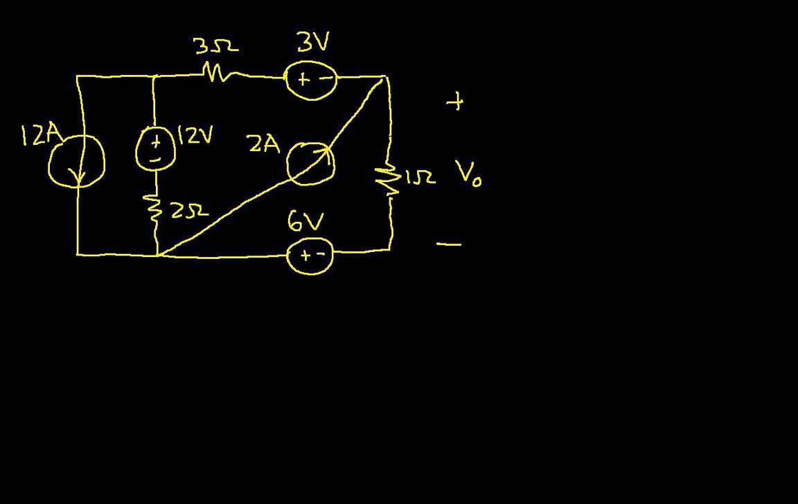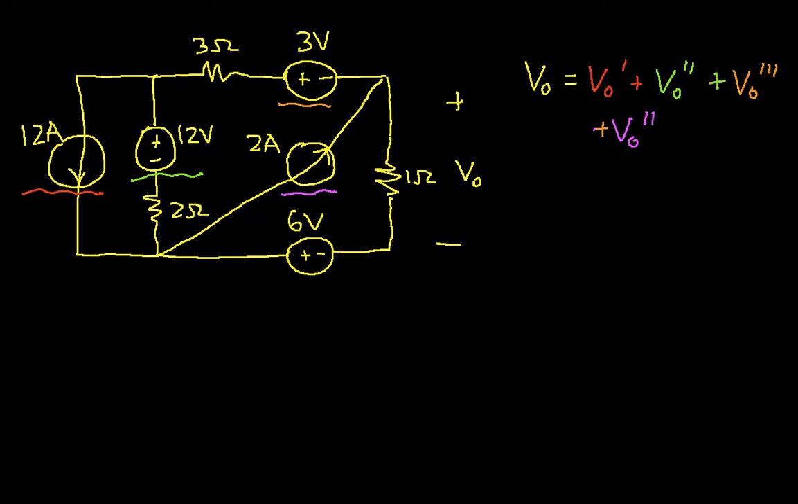If you'll remember, the idea behind superposition is that the voltage V0 that I'm interested in is equal to the voltage due to, for example, this current source, which I might call V0 prime, plus the voltage due to this voltage source, which I might call V0 double prime, plus the voltage due to this voltage source, which I might call V0 triple prime, plus the voltage due to this current source, which I might call V0 quadruple prime, and finally plus the voltage due to this voltage source, which I could call V0